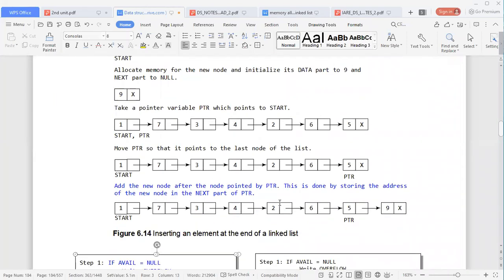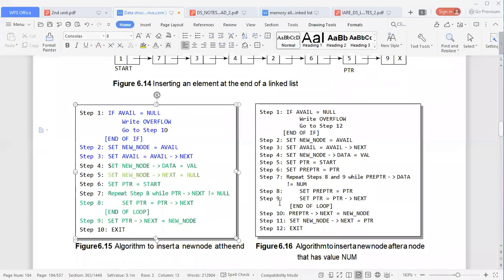Okay, hope this diagram is completed. Manikanta, have you completed? Yes, sir. Now copy this particular algorithm. Is the algorithm understood by you now? Yes, sir. Now we will try to add a new node after a particular node which has some number.